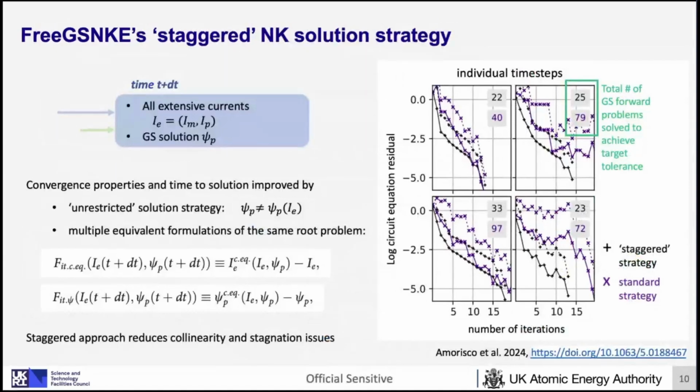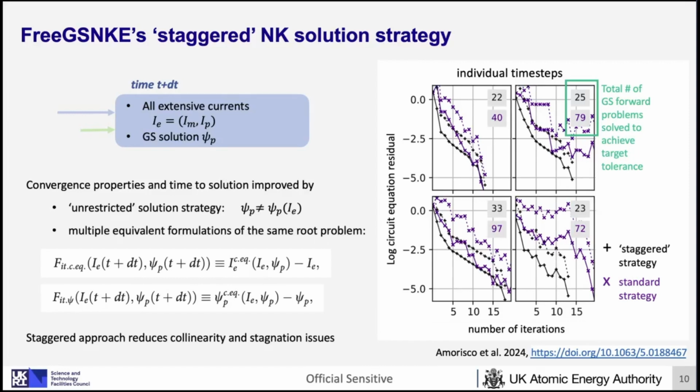We solve this from a numerical point of view. We solve this again with the Newton-Krylov method, but we have our own recipe to do this. It's a slight modification: rather than applying the Newton-Krylov method to the full problem as it is, we essentially have a staggered strategy in which we advance with the Newton-Krylov method the solution on two independent formulations